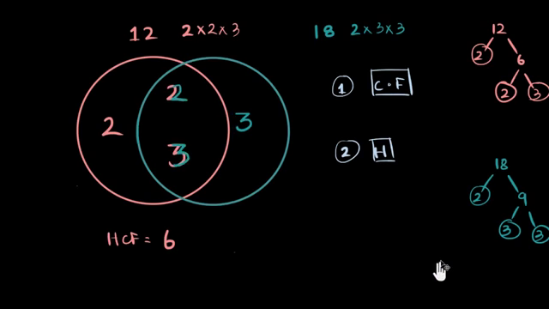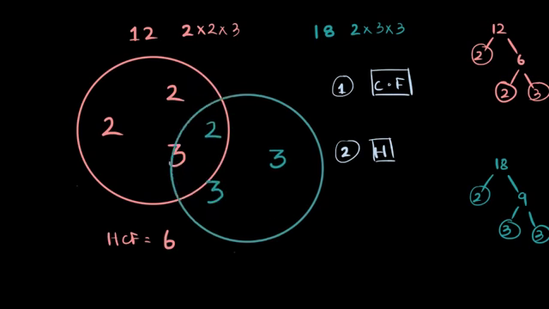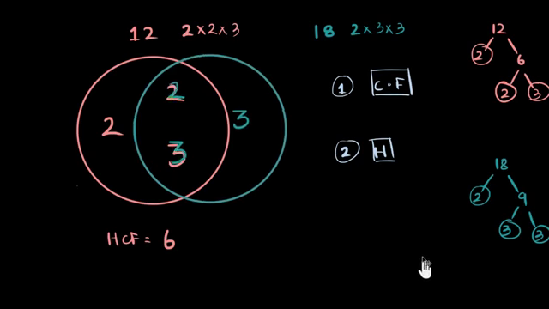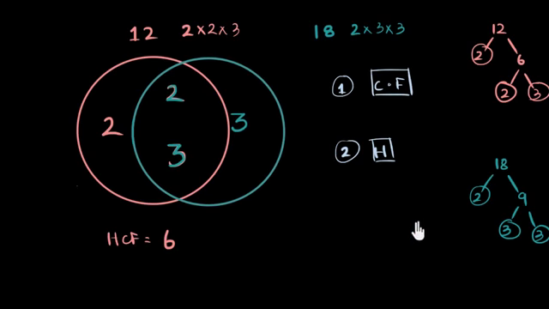So you're guaranteed that if you take two numbers, let me for a moment just take this 18 out over here again. If you have this 18 somewhere over here, if you bring them together and look at what's common, then you can forget everything else that's not common. They can never be contributing to your highest common factor. Then only look at what's inside, multiply all of them together, you get the HCF. So now you have a picture for HCF.